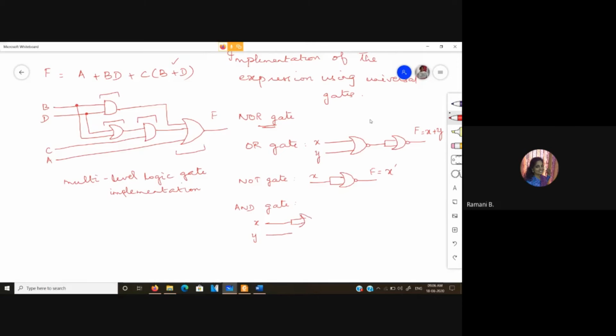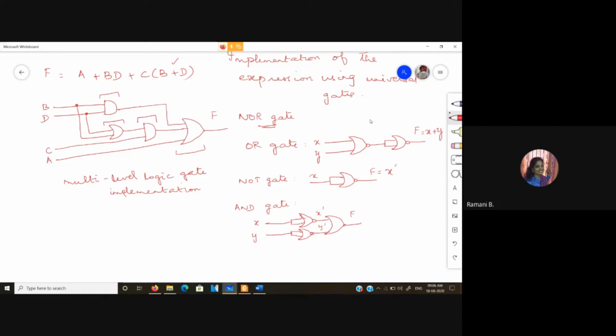Or if I consider the complemented input to be available readily, I need not draw this inverter over here. This NOT gate, we also call this as inverter. So this is my X bar, Y bar.